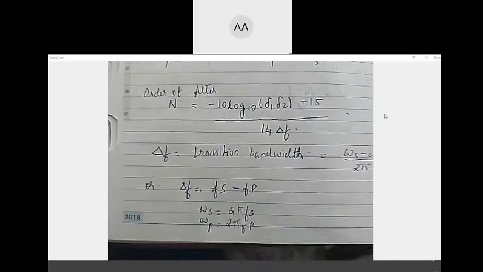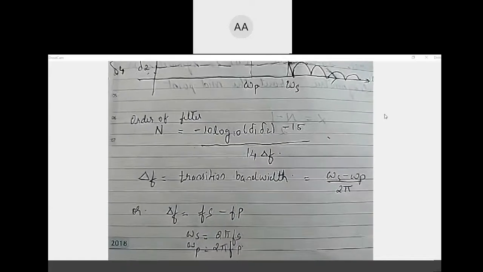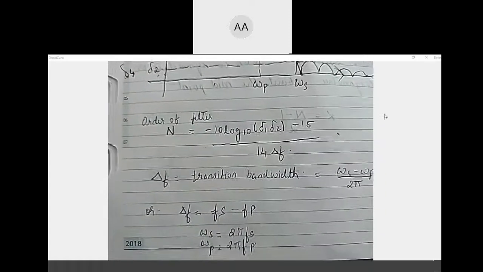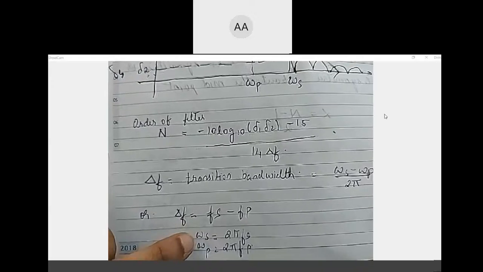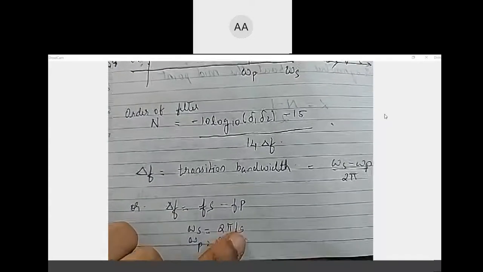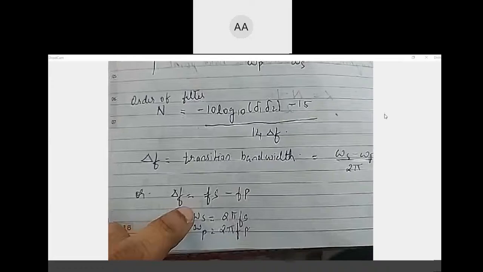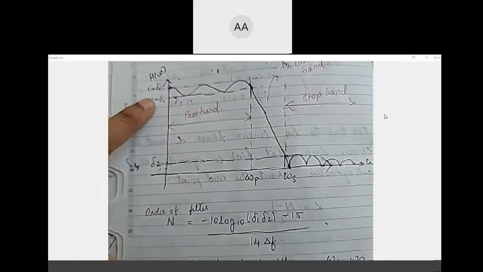You can also write it this way. That means if this value omega is in radians, and you want it in radians, whatever is in hertz, you multiply by 2 pi. You know this, I hope. In our representation we always use omega to represent the frequency. Frequency is plotted in omega, and this magnitude response will be in terms of its logarithmic scale. It's always better to use the log scale.